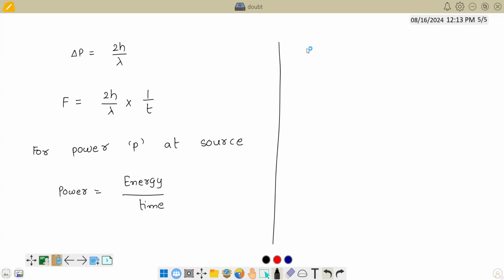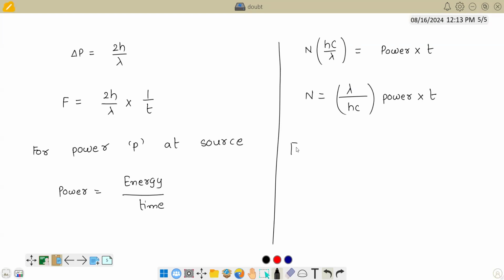Let us say n photons are getting emitted. So n into, in place of energy, hc by lambda equals power into time. So the number of photons that are getting emitted is lambda by hc into power into t. Now once we know this, the total force on the wall of a container would be, F total